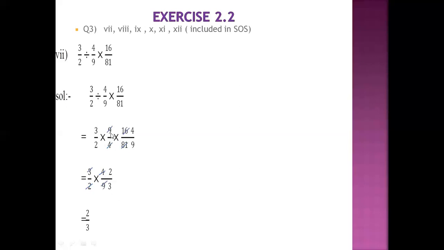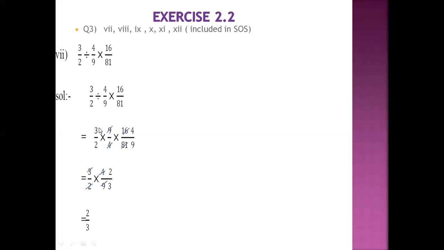Now you can check this 9 and 81. You can't cancel the numerator with the numerator and the denominator with the denominator. So how can you cancel the numerator with the denominator if there is multiplication between them? You can cancel it with the same table. With table 9, 9 ones are 9, 9 nines are 81. So 9 here. 4 ones are 4, 4 fours are 16.